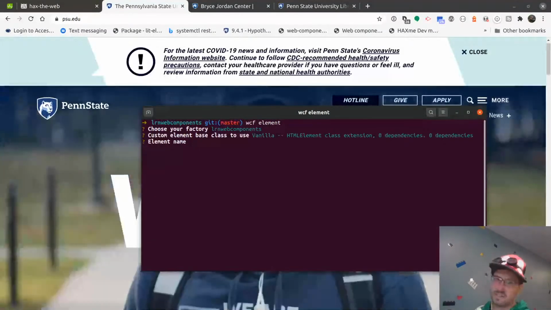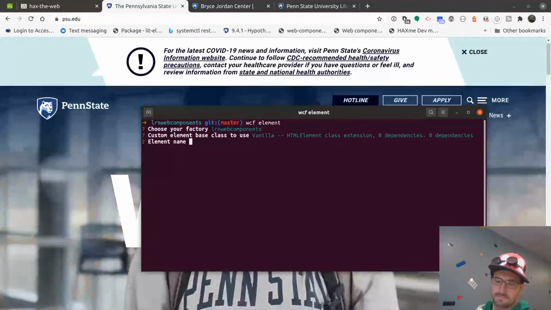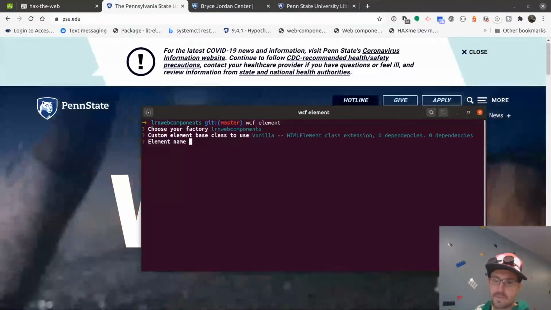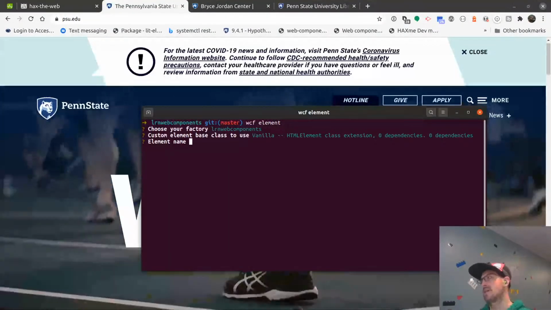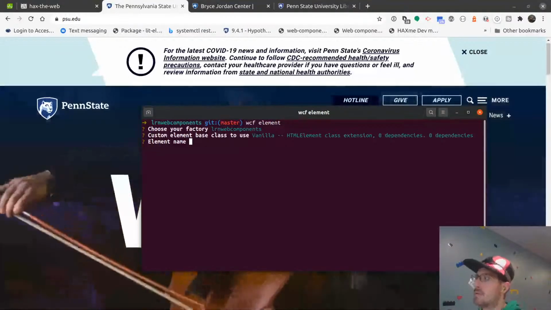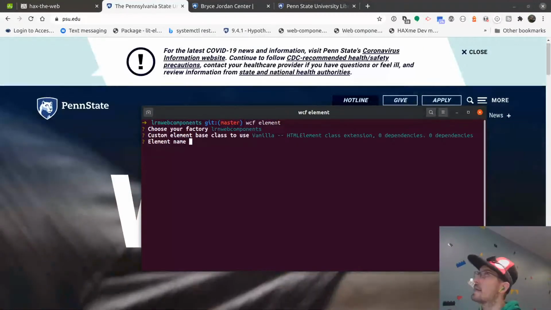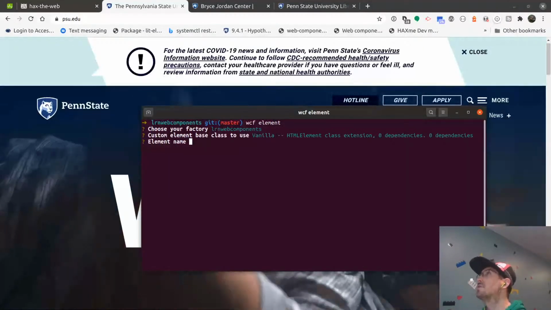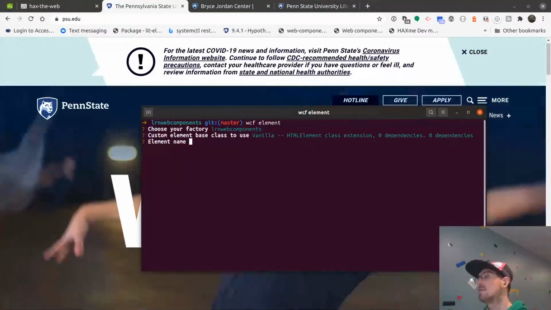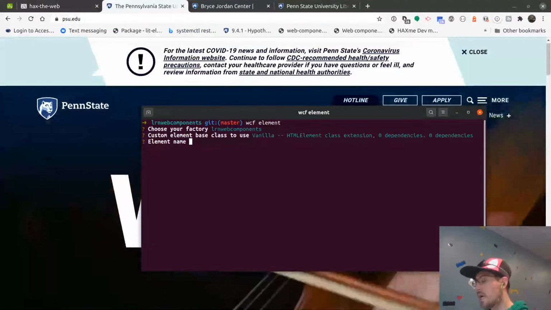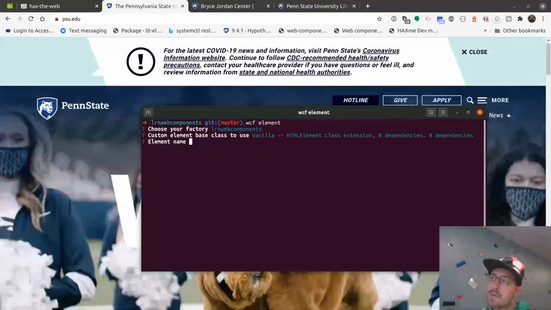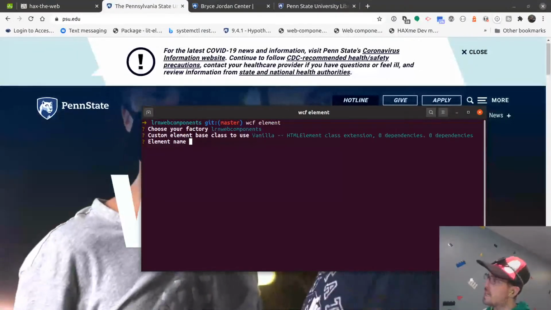Now, the hardest thing in all of programming is naming stuff. Obviously, we all know that. So I have no idea what to name this. Now, do I say that it's a top banner? Well, if it's top banner, it has to be the top and it has to be a banner. Is it an alert? It is an alert, but I can't just call it alert because it has to have a hyphen in the name of the tag. It could be like primary alert or site alert,